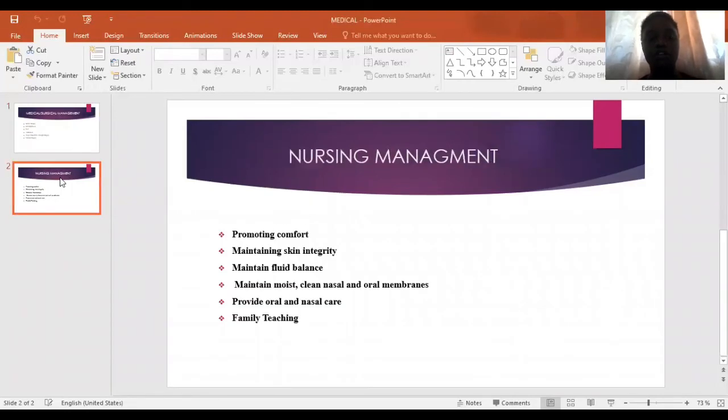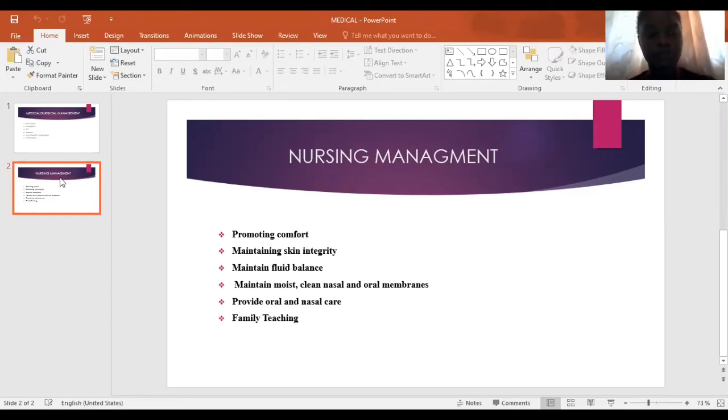For the nursing management, there are a lot of things that we as nurses could do to make sure of the overall well-being of our patient. Therefore, we have to promote comfort. We have to look out for signs that the child is in pain, for example, agitation and crying. So we have to stroke the child, cuddle with the child, and